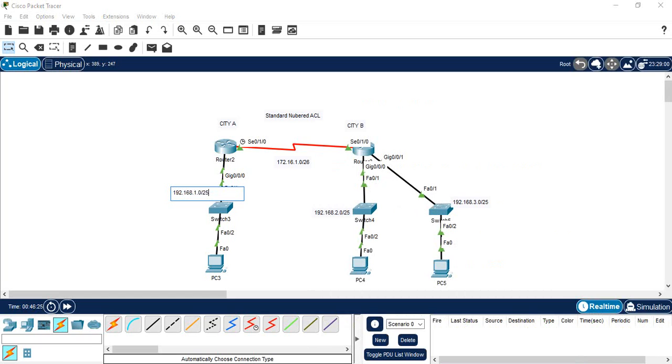I'll just change it here to be /26, and this one is also /26. Yep, perfect. So I've configured everything and everything is up and okay. Since everything is okay,